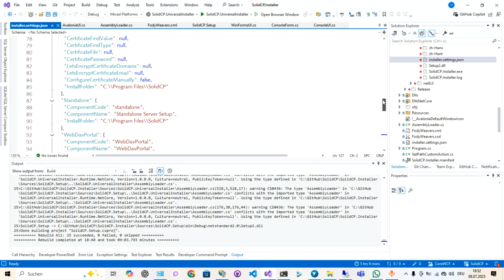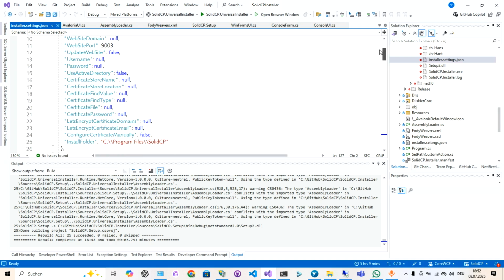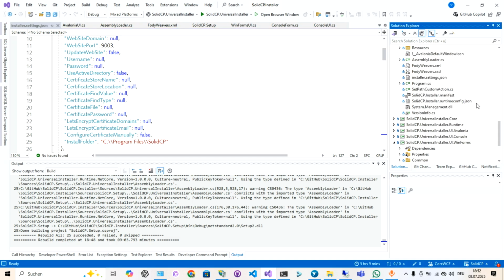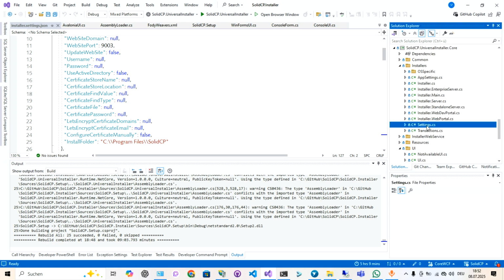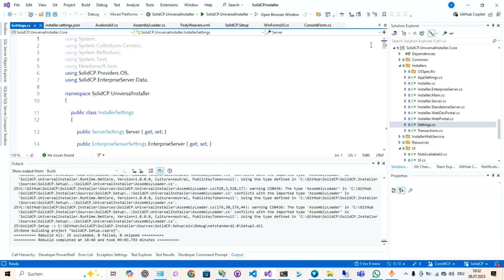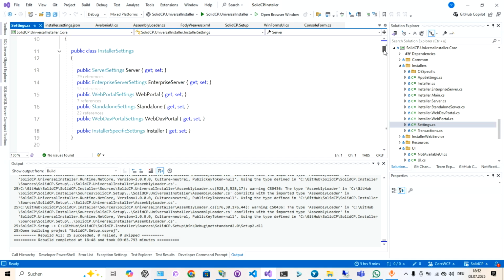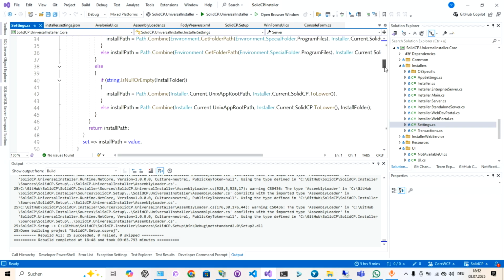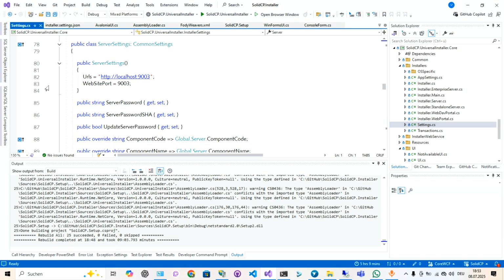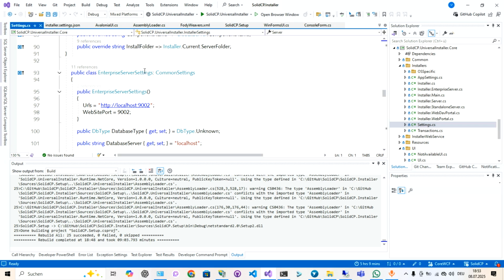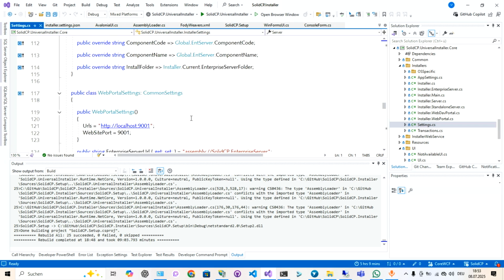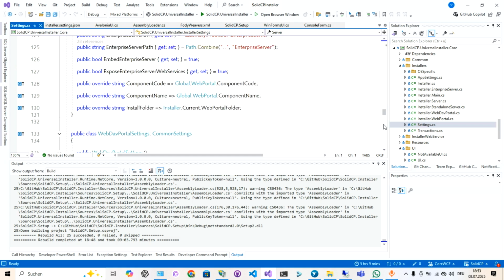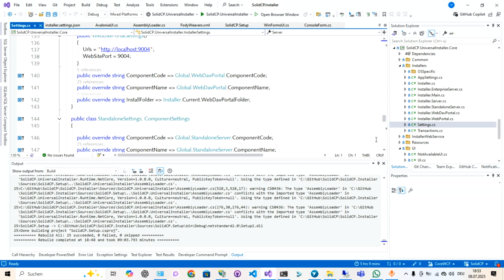Then here are all the settings for the components, and actually those settings I forgot to mention, they are defined here in the settings class, and there's installer settings, and we have the specific package settings here in the installer settings, and then there's component settings, and that's settings specific to the server component, and then settings specific to enterprise server,